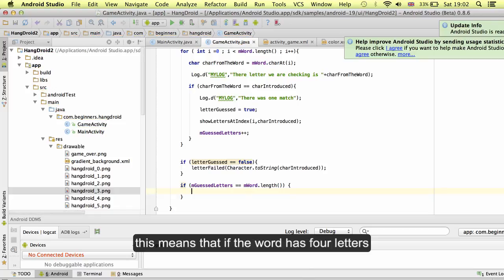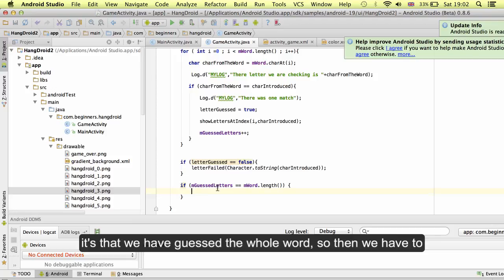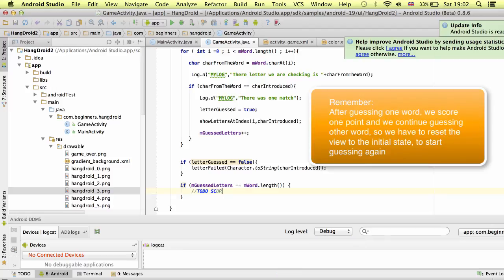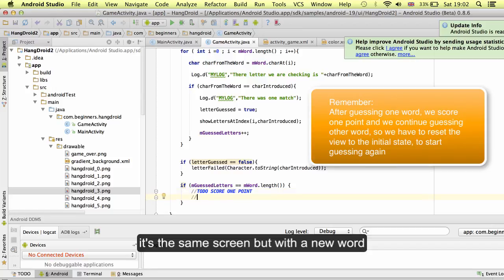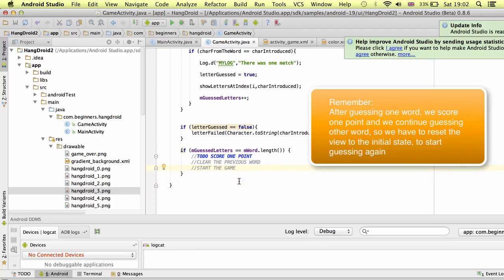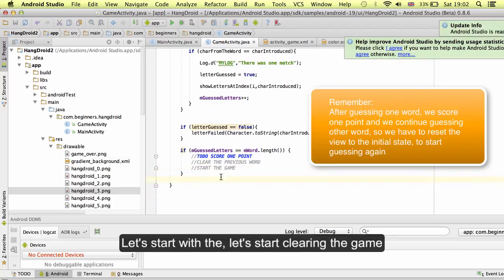This means that if the word has 4 letters and we have guessed the 4 letters, it means that we have guessed the whole word. So then we have to score 1 point and move to the next screen. It's the same screen, but with the new word. So we have to clear the previous word and start the game again. Okay. Let's start